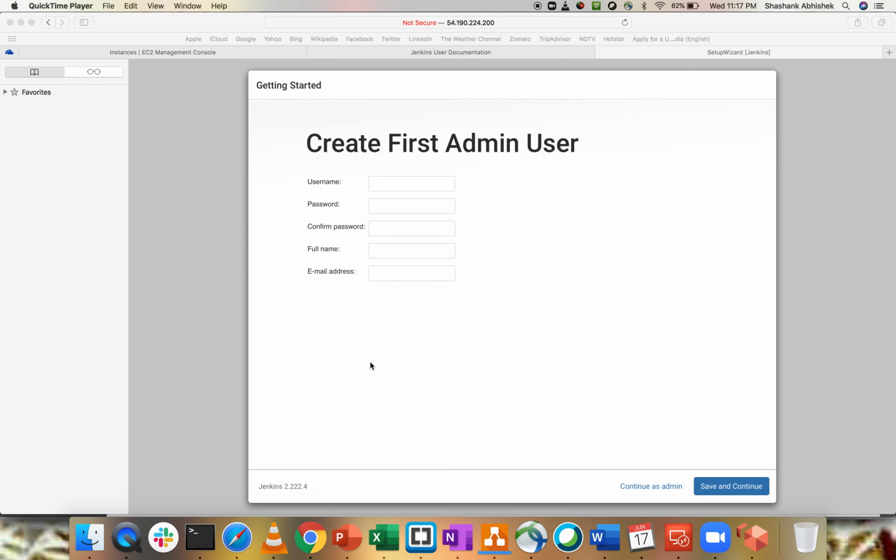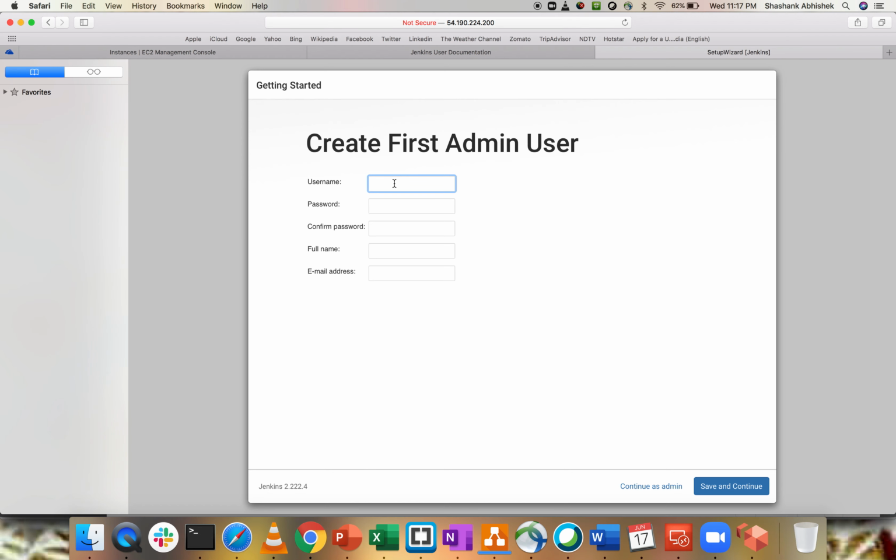Plugins have been installed. The next page it has given me is create first admin user. So you have to give proper details for this admin user because this is your first user within Jenkins. So I'll use admin, a simple password, full name admin, and for the URL I'll use mine.